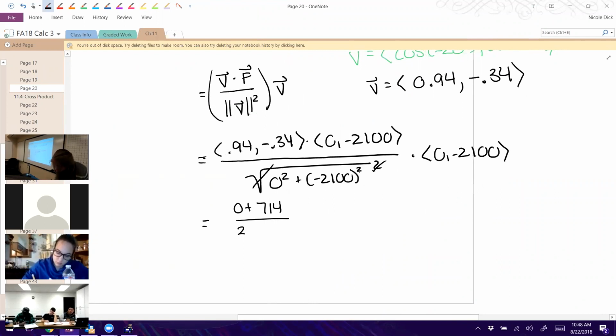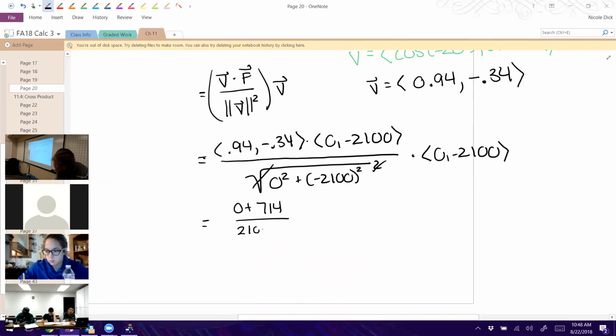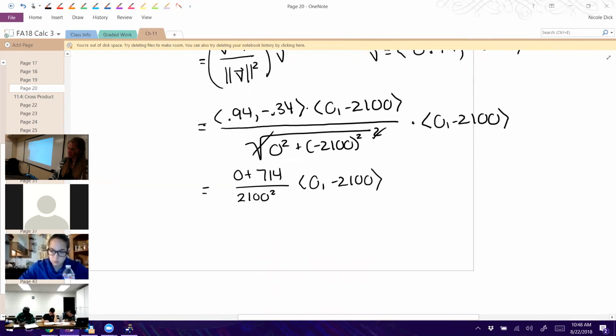Should be a square there. It's a rather large number. You can just leave it like that for now, so I'm not writing as much. So that gives us a scalar. We're going to multiply by this. And I'm not going to keep showing all the work in between, but if we finish that multiplication off, what we should get is